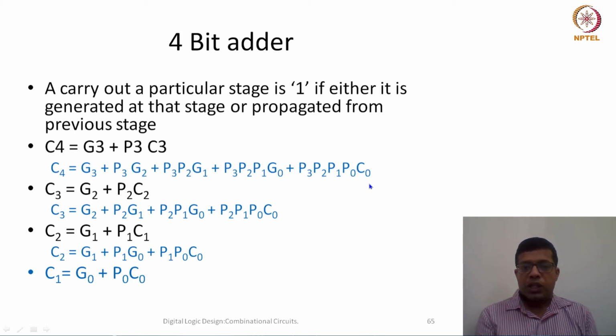So for example, you see the delay to generate C4 would be equal to the critical path for the AND gate, what is the maximum delay for the AND gate. Maximum delay will come because of this. So this would be a 5 input AND gate, and similarly there would be a 5 input OR gate. So the total delay would be the delay of a 5 input AND gate plus the delay of a 5 input OR gate.